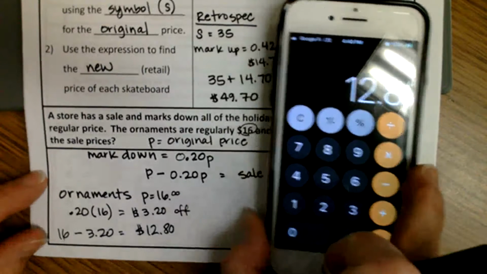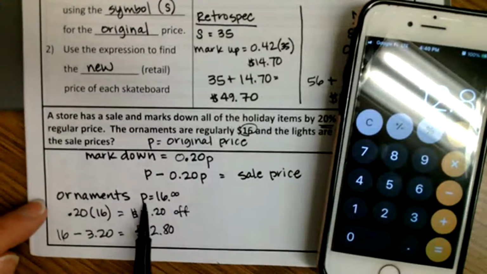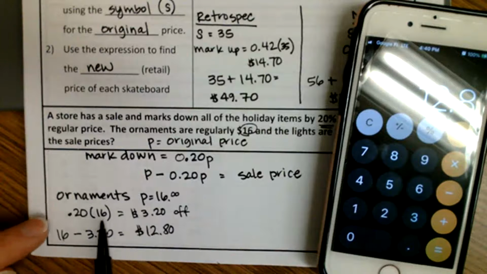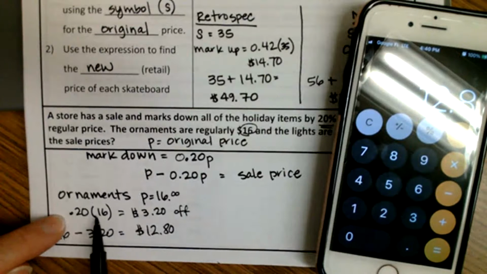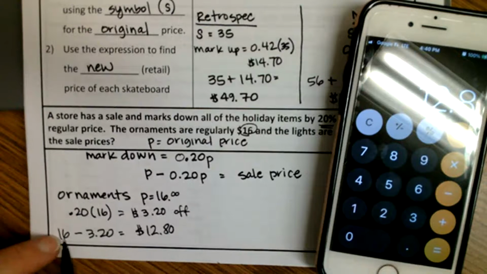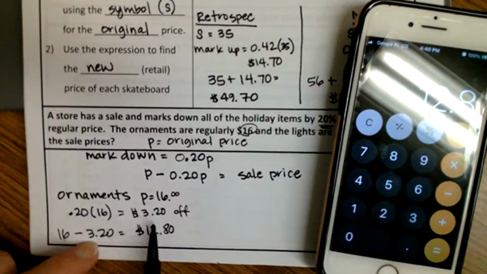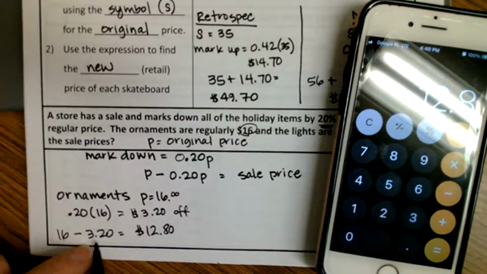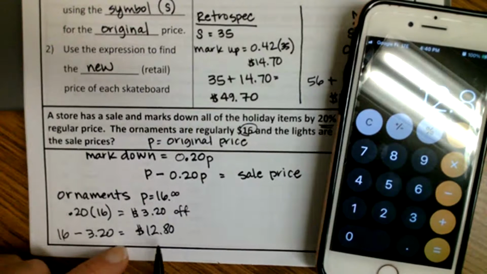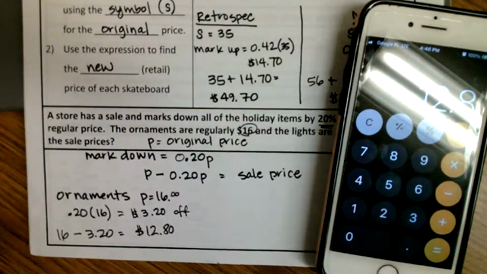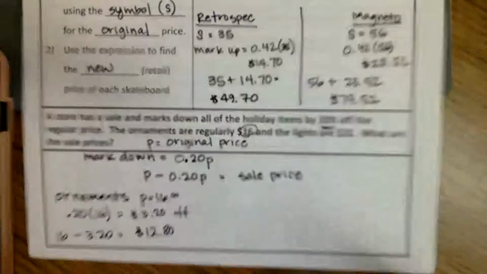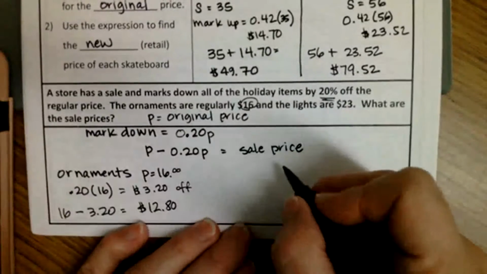Okay, so here P is 16, the original price. Here is finding the 20% of the original price, which is $3.20. That's how much we're going to take off. So we take the original price 16, we subtract the $3.20 off. That's the 20%, and we get the sale price of $12.80. Okay, now let's do it for the lights. All right, so the lights,